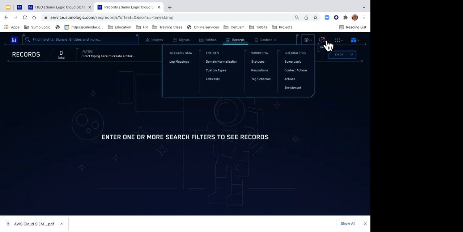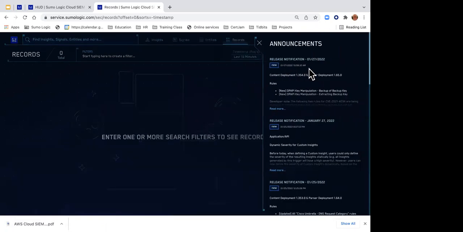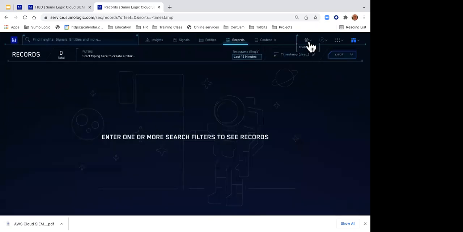Over here where this red dot is right now, this is my help. And if I click on my help, you'll see that you can go into product documentation if you want to, or find out about this environment. This announcement section is what happens when we do updates to the rules. Every time we make a change, you'll see this red dot indicating there's a new announcement. And we will put in here what we changed, what we did, what we updated, so you can see the changes that we made. And once I go into there, of course, it goes away until the next update.